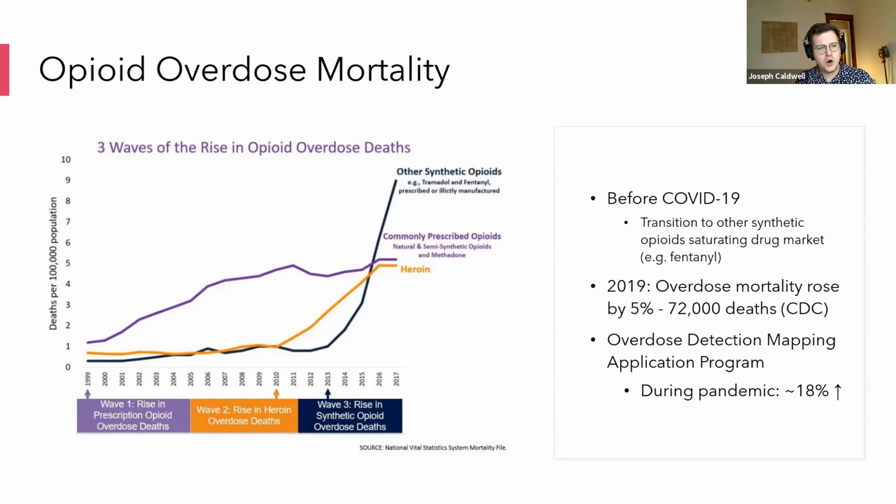What we saw around 2010 was the implementation of prescription drug monitoring programs, which vastly decreased access to a lot of prescription opioids. So a lot of people started transitioning to other opioids that they could find, which often in that case was heroin. And as this shift was happening, there was a law enforcement and systemic response to also clamp down on heroin access,